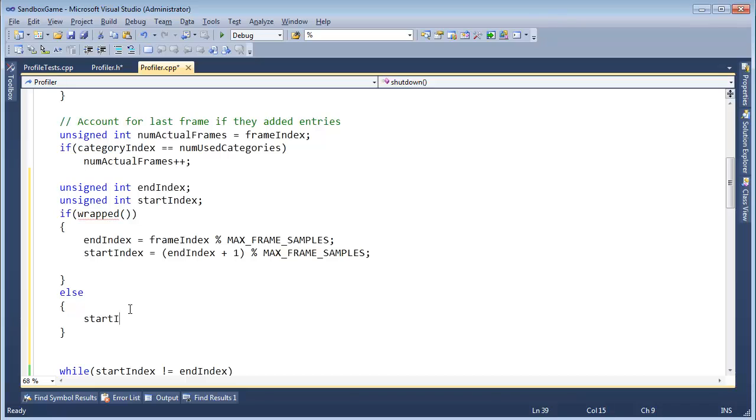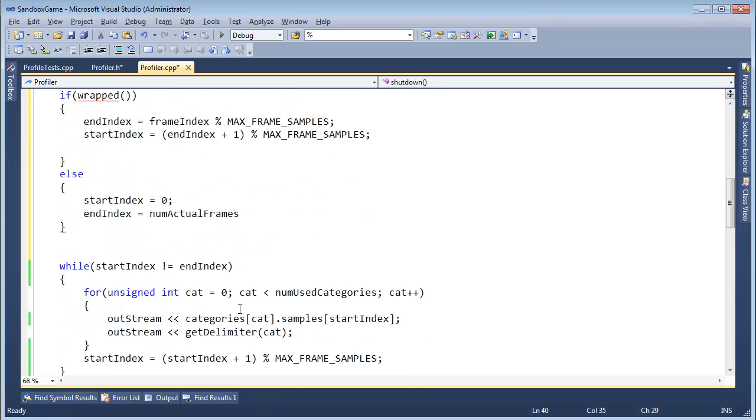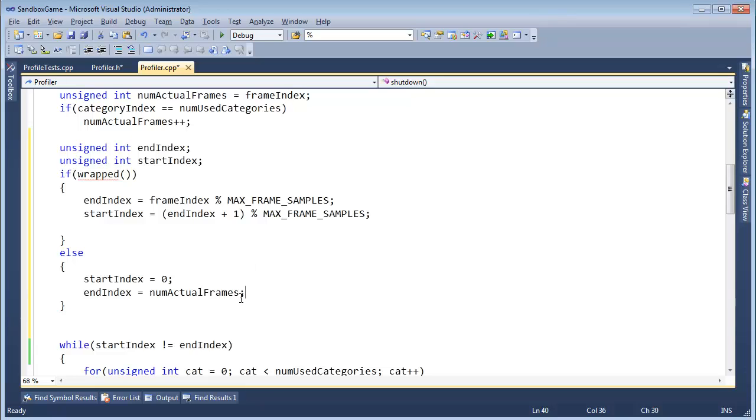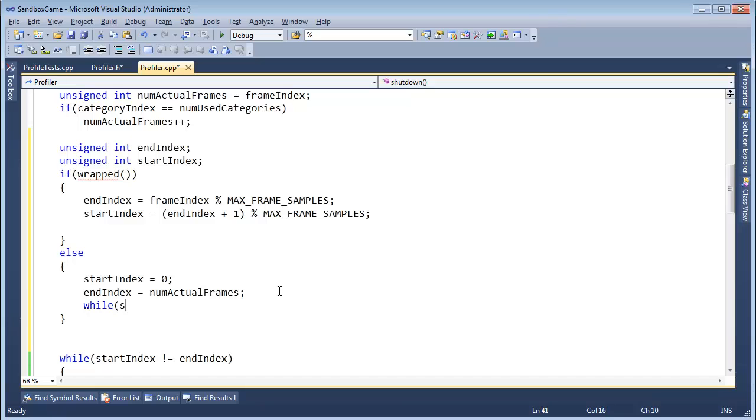Else, StartIndex, we get 0. EndIndex, we'll get our number of actual frames. That's similar to what we had before, I believe. Yeah, that's true. Okay, and then while this one's easy, StartIndex, while StartIndex is less than EndIndex, then we